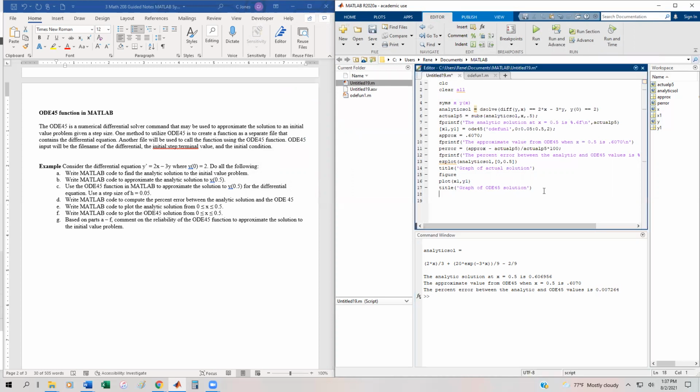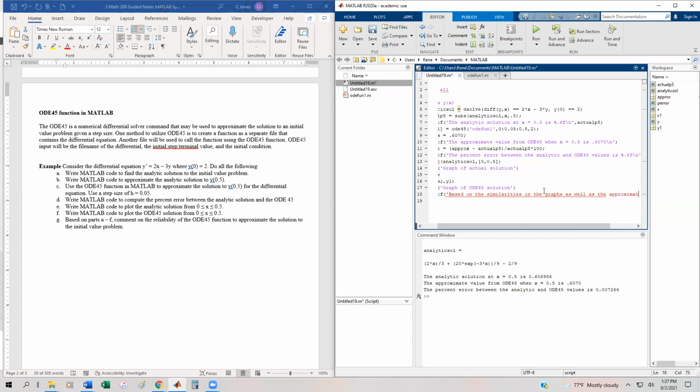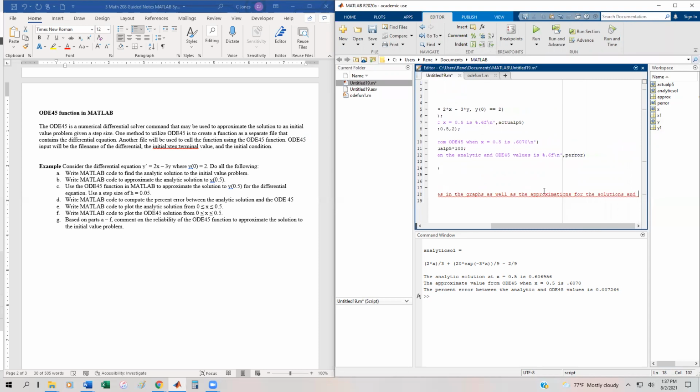So what we can say as a final part for this, we're going to fprintf, and we can say based on the similarities in the graph as well as the approximations for the solutions and the percent error,